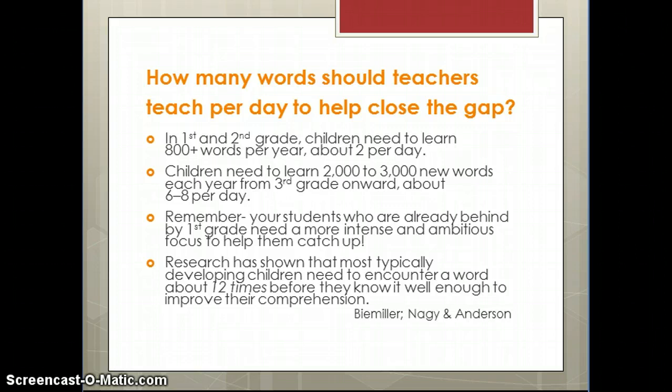So that's about 6 to 8. So you can instruct some of those, but to really kind of stay on track and not have a big gap in their vocabulary, if you think about combining explicit instruction and incidental word learning opportunities, that's about how many new words they need in order not to have this big gap in their vocabulary. And again, remember, students that were behind in first grade, they need a more intense focus on word learning. So they may need more explicit instruction, or you may need to be more selective and focused on providing opportunities